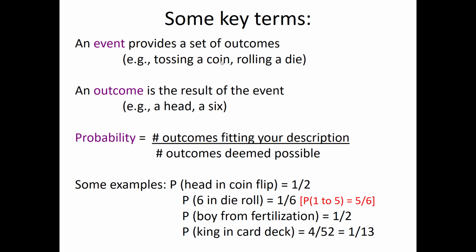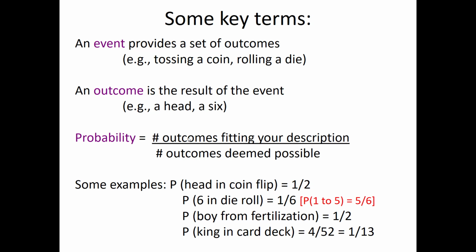So if you toss a coin, you can have either heads or tails. If you roll a die, you can have either 6, 5, 4, 3, 2, or 1. And if you have a child, then the gender of that child can be, for example, male or female. Now, the probability we define as being the number of outcomes that fit our description divided by the number